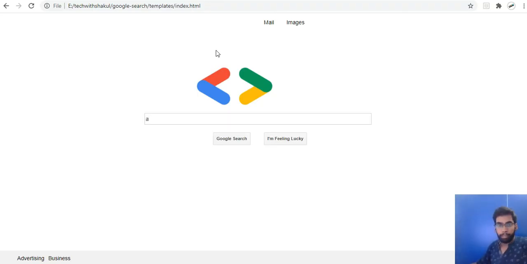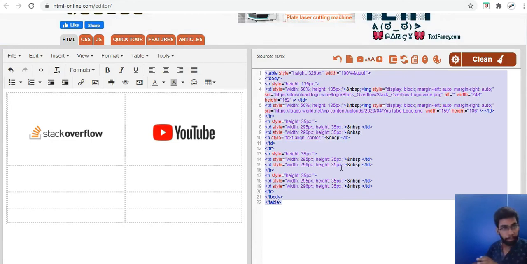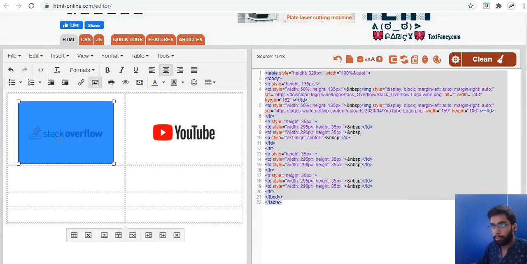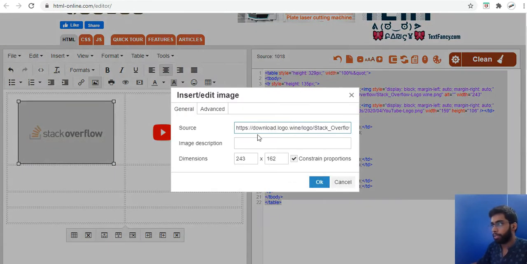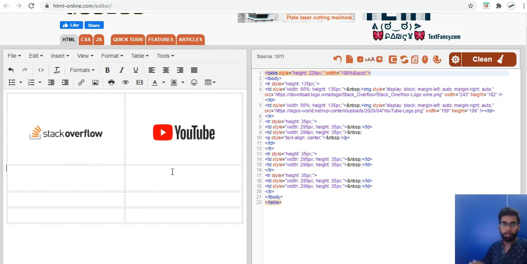Now my landing page should look like something. So I'm using an HTML editor which gives me a good way to, I don't need to write the HTML part of it, I don't need to remember the tags and stuff like that. I can just add images. So I've just used a cool feature here, so I can just copy paste any image that I have. So I've googled an image of Stack Overflow. This is basically what my landing page should look like. It should have left hand side Stack Overflow results and right hand side should be YouTube results.